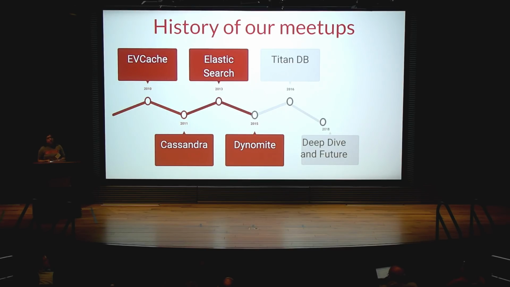We've also been talking about Elasticsearch, how at Netflix we have given multiple talks on which use cases we have been using Elasticsearch for and what are the challenges the infrastructure team faces. And also about Dynomite. Dynomite was built in-house, inspired by Cassandra, and it supports Redis, Memcache, and RocksDB, so it's a pluggable data store. We have been using TitanDB for our graphing solution, and you will get a deep dive this